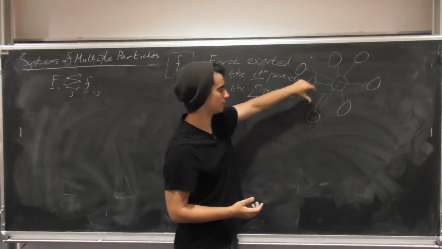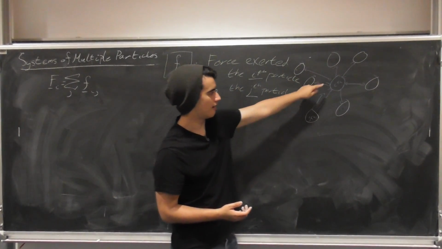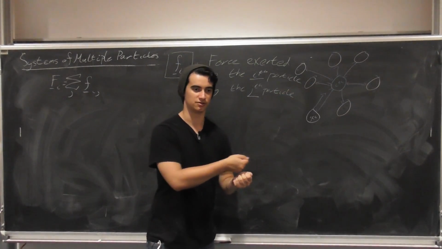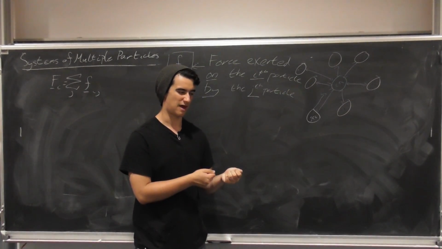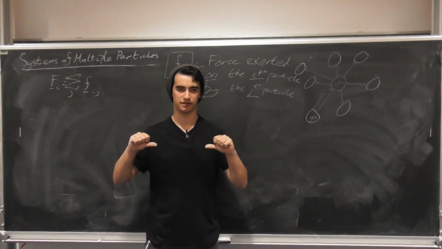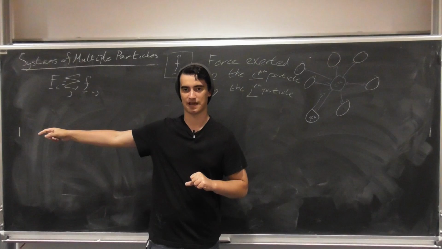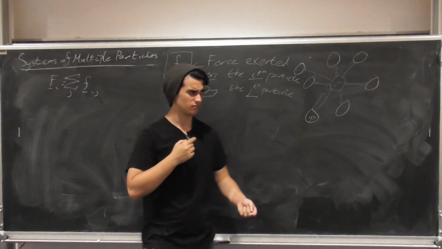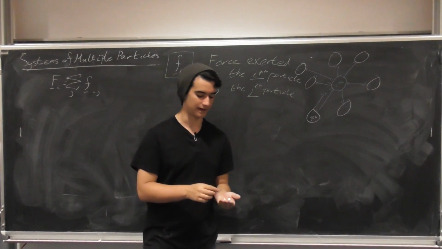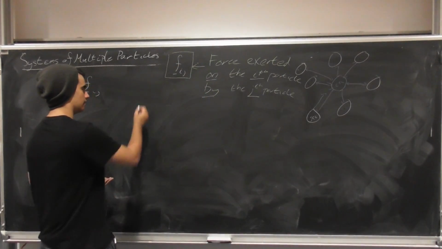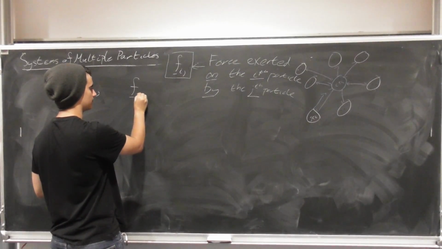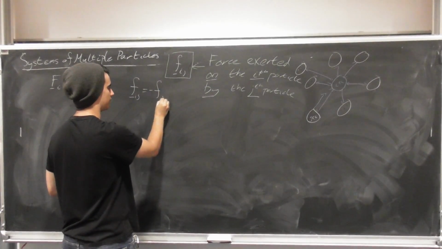But then if we were to switch it around and study j on i instead, it will be positive. So when we're originally studying the one particle and seeing how it's affected by the other one, we can swap these around and we'll get the negative. So we'll get that